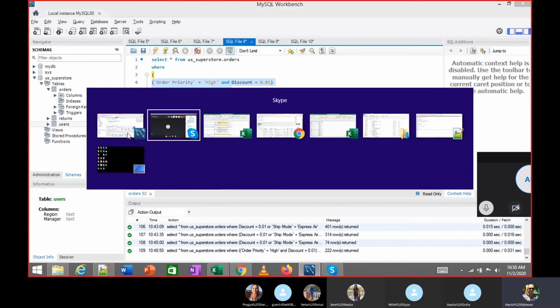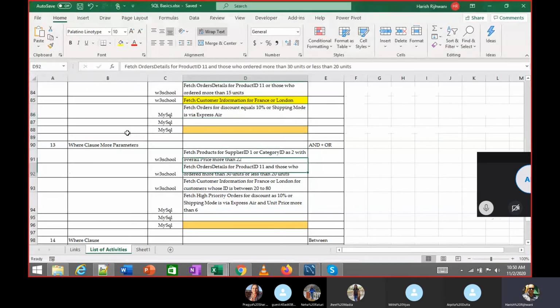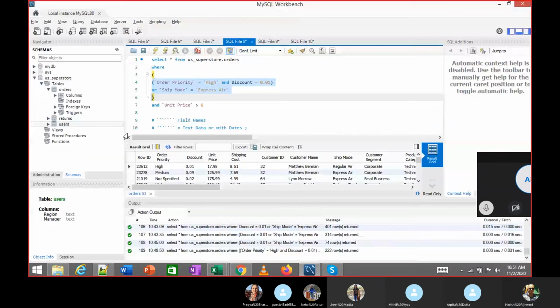So let's understand the question again once. Fetch high priority orders for discount is 10% or shipping mode via express air. So there are two ways of looking at this, right?